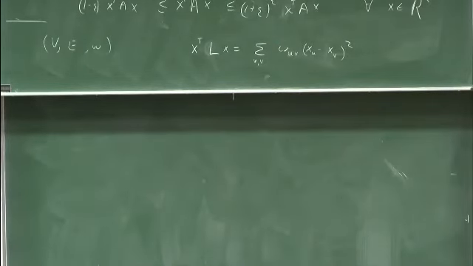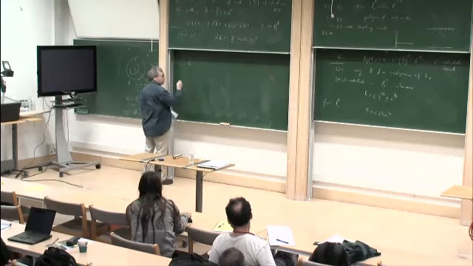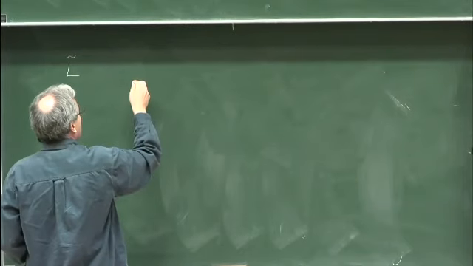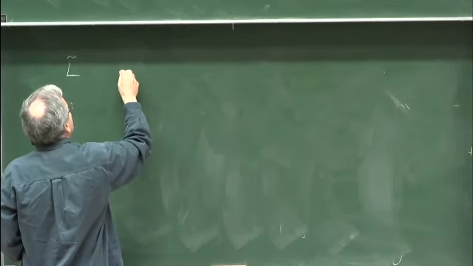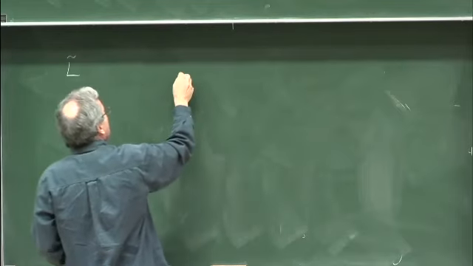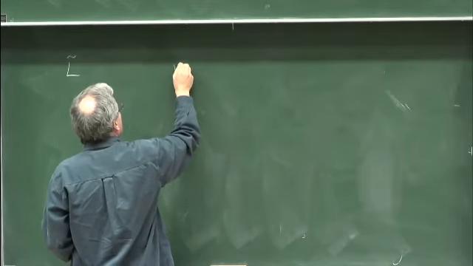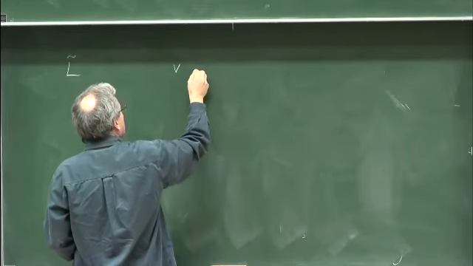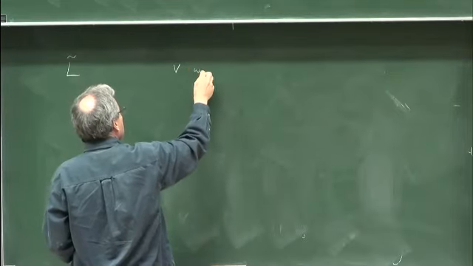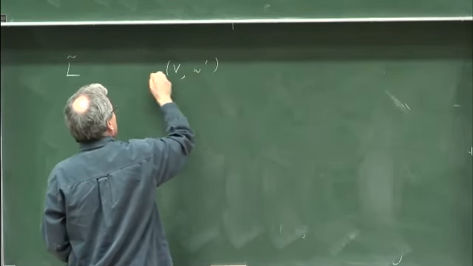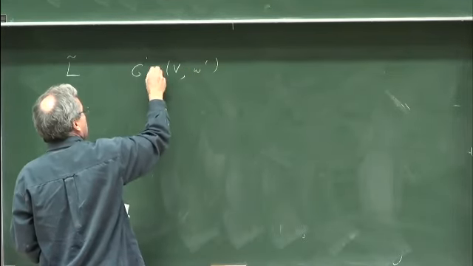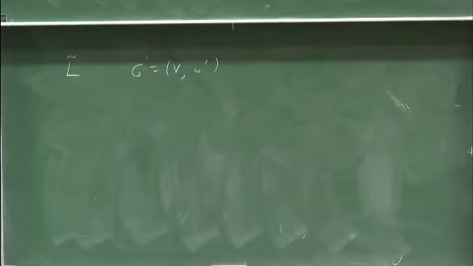I'm sure that most of you know it better than me. Then if you look at the L tilde corresponding to it, this L tilde is a Laplacian of another graph on the same vertex set, but with different weights. So there is some other graph G prime, which is on the same vertex set, but with different weights, and